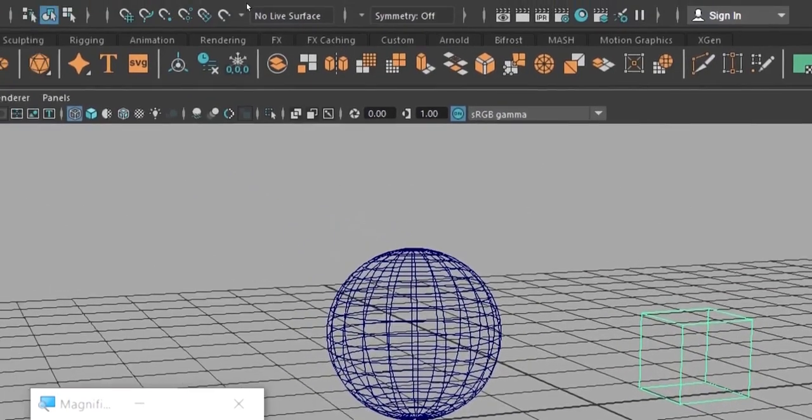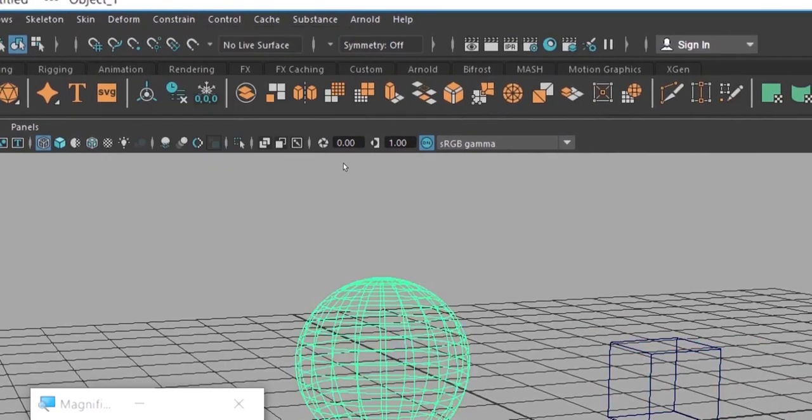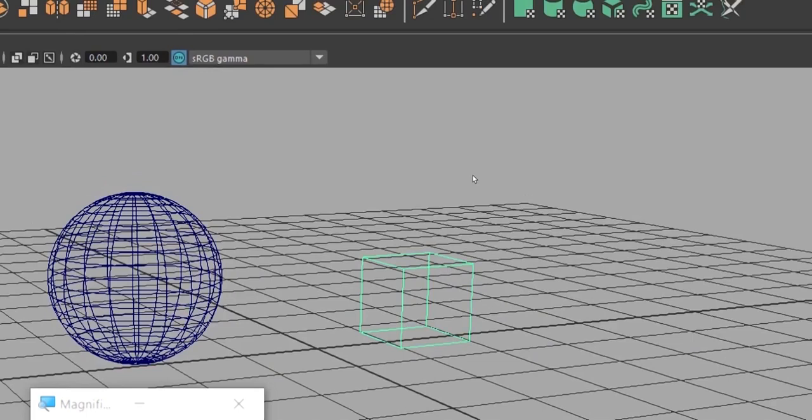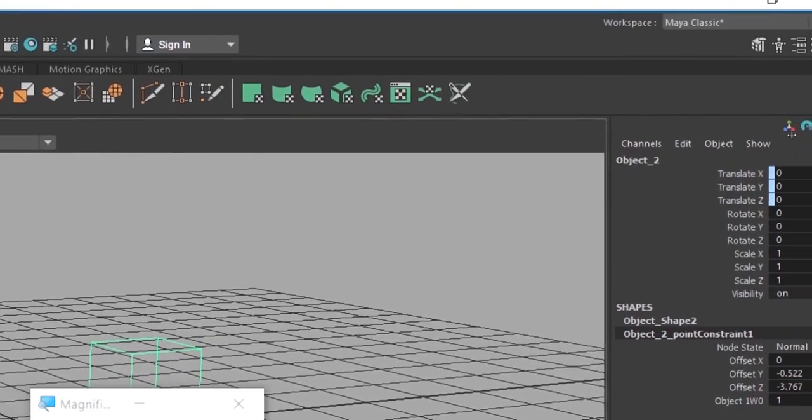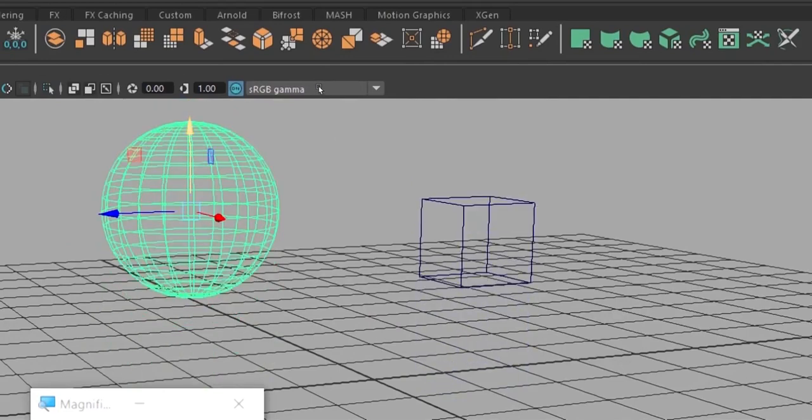Okay, after we have given the point constraint, when selecting the secondary or second object, you can see only the translate value is being affected. You can see the blue color. Translate XYZ is only being influenced by this object. Okay, so if I move, it will move.